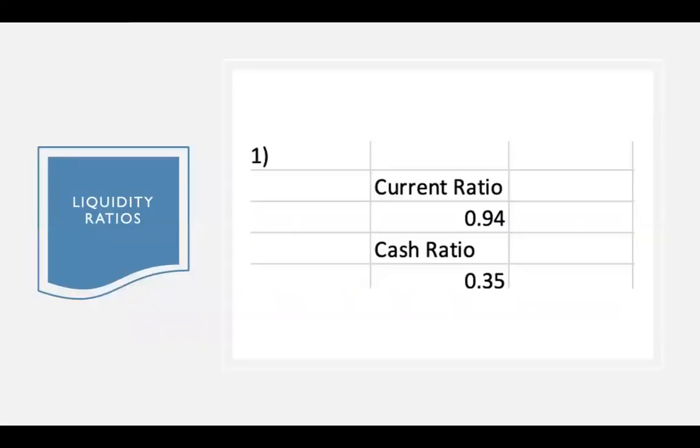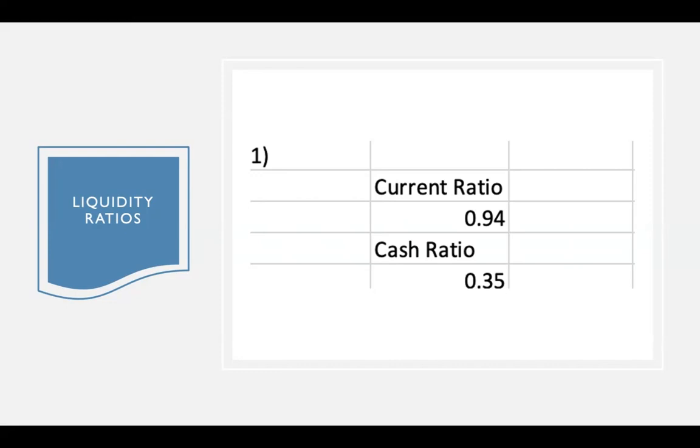So let's take a look at the liquidity ratios and just look at the strength of Amazon as a company, because one bad year does not make a company financially unsound. Every once in a while, you're going to have these bad moments, these bad years, and while they're trending in the completely wrong direction, and it was an incredible drop, the company is not necessarily in a bad place financially, because what we're talking about is the industry leader, the essential giant of this industry, who's had a commanding